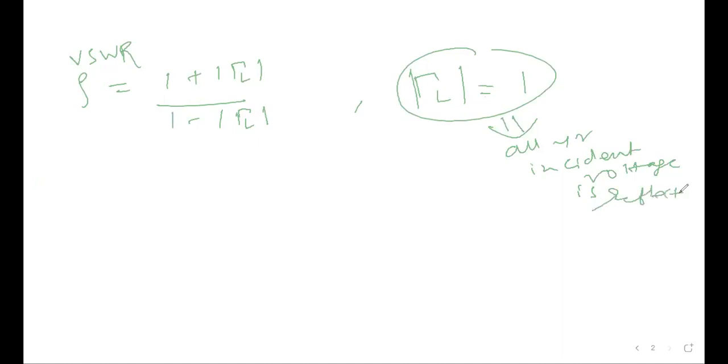And the minimum value it can take is 0. That means nothing is reflected.